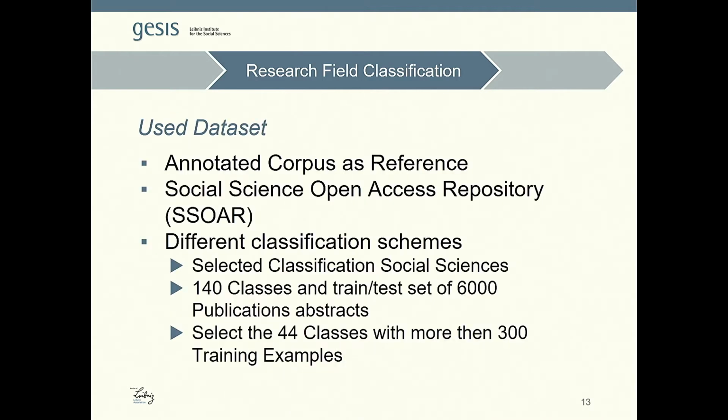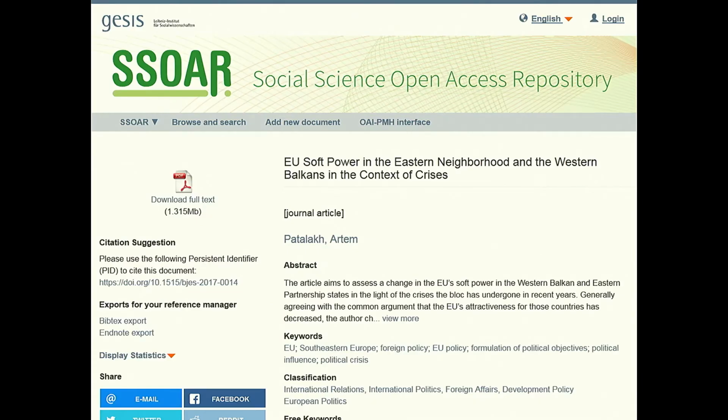So what we have done is we use the dataset which we have in-house, which is based on the Social Science Open Access Repository, SSOAR. You see it here, you are able as a researcher to upload your papers as open access. And our team is also curating the metadata of these publications. So we have, for example, the classification social sciences, which we used. You have keywords from